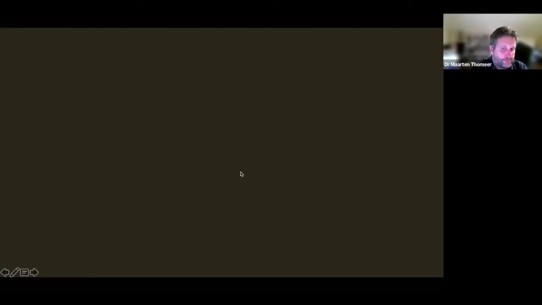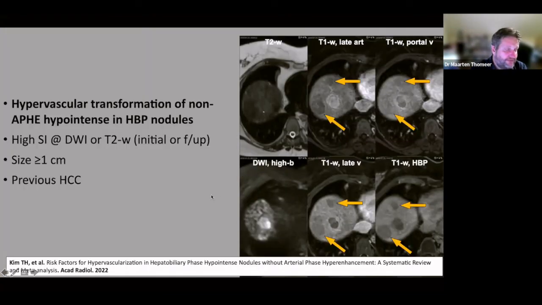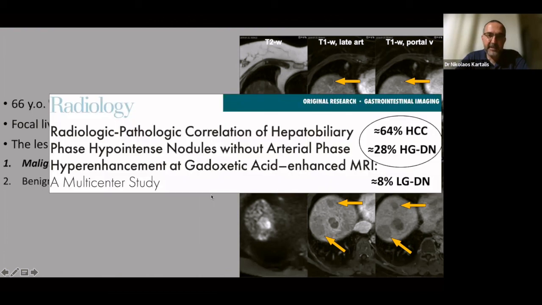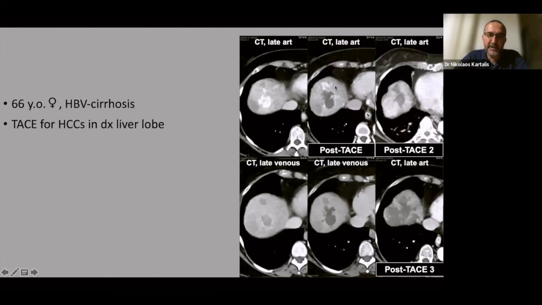I would personally, in this case, if it would be small, give it a chance and do a control in 3 months. But with these large lesions, I would treat, as you showed here. Actually, we were lucky enough, and they showed to be hypervascular during the controls for the previously treated ones. So we had the chance to treat them too. But you may not want to wait too long.